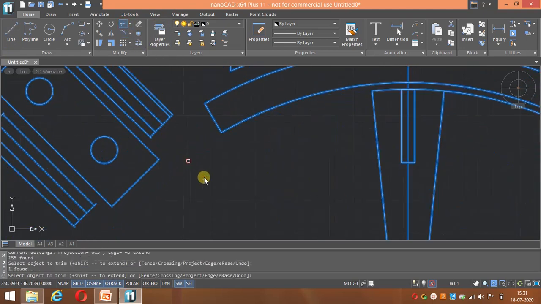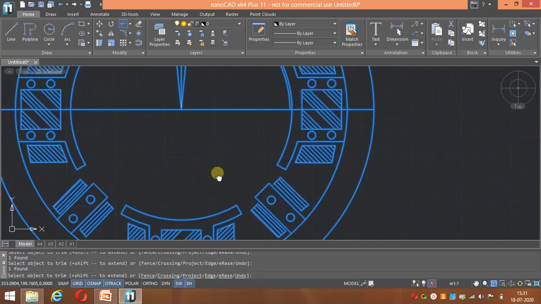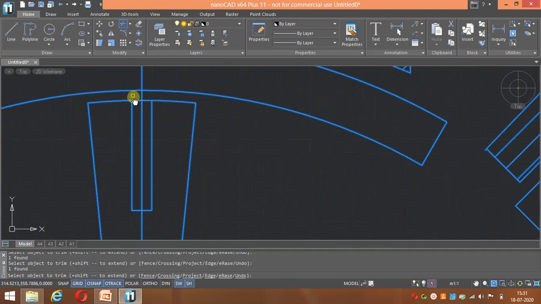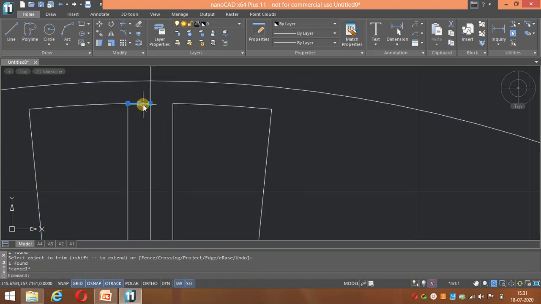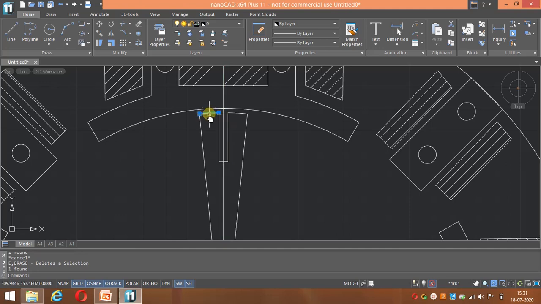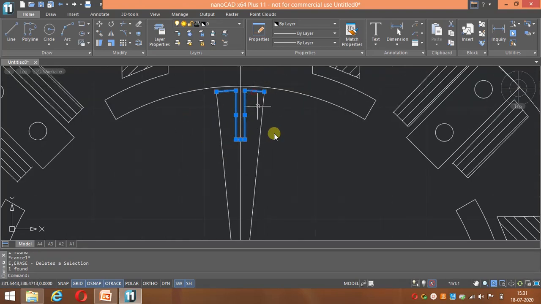So in this, let me trim out this armature radius circle. Okay, and here the slot should be open here. Okay, now you can see this is the slot, and this is the tooth portion. So let me select this slot along with the teeth. So how many slots do we have? We'll be having 32 slots, right?